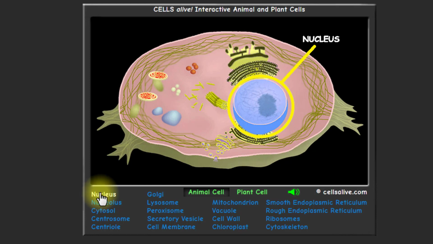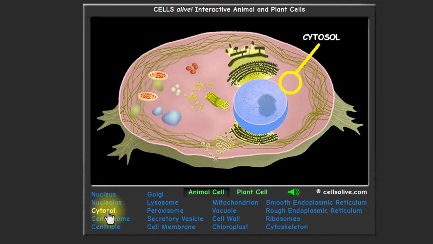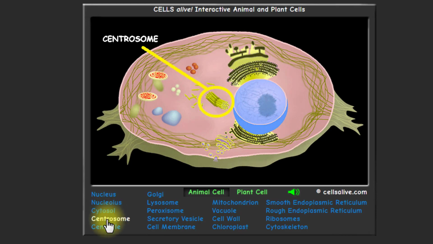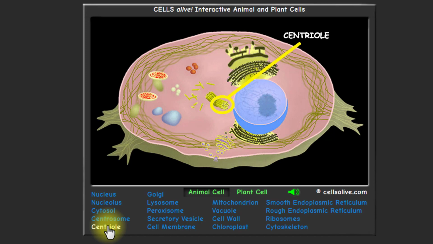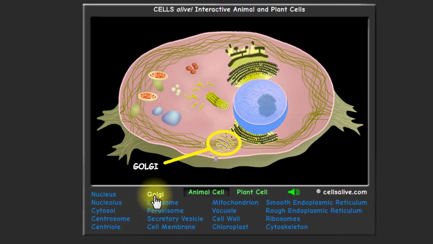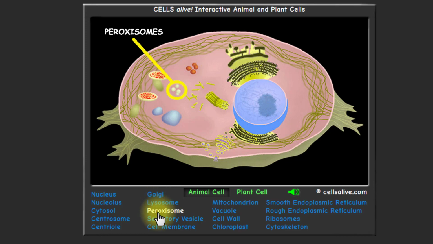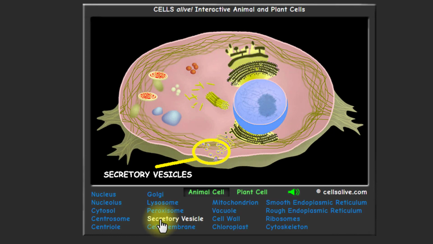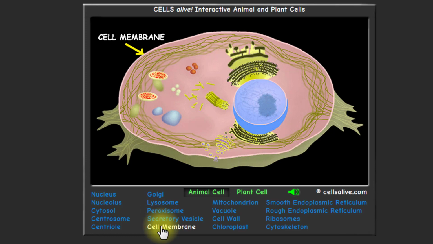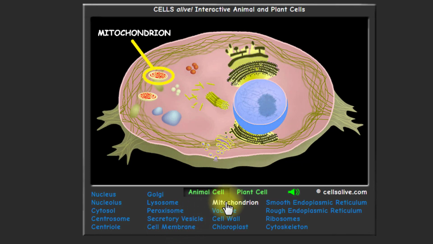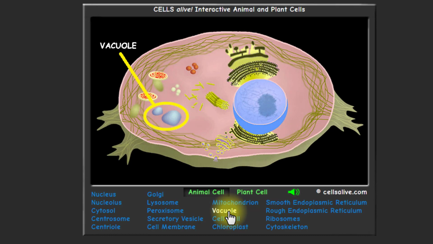Here we have the nucleus, the nucleolus, the cytosol, the centrosome, centrioles, which makes up part of the centrosome, the Golgi body or Golgi apparatus, lysosomes, peroxisomes, secretory vesicles, the cell membrane, mitochondria, the cell vacuole,